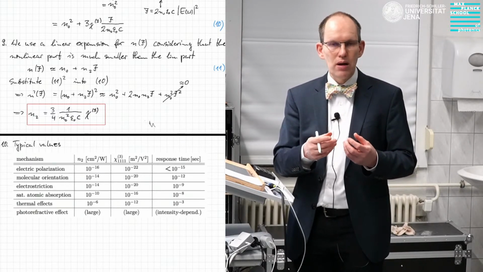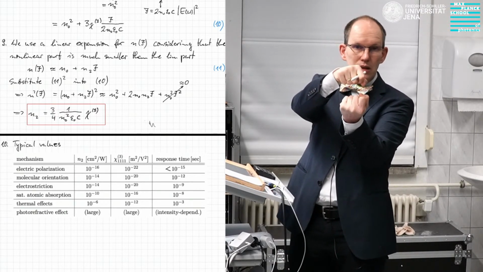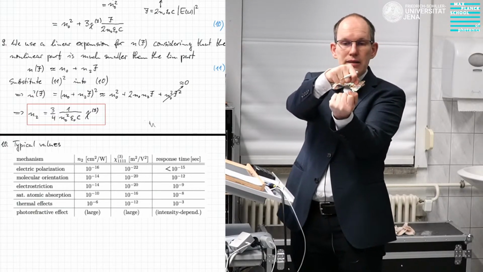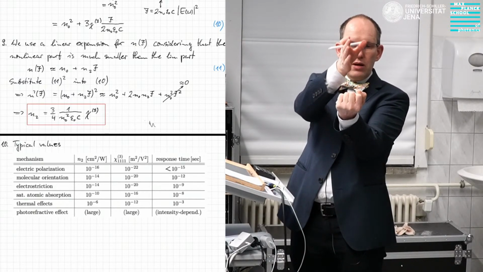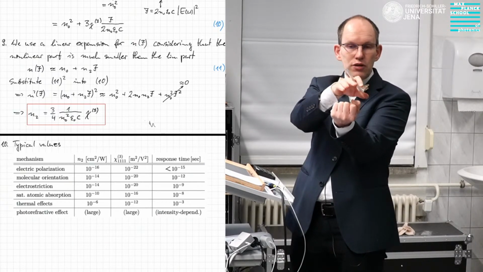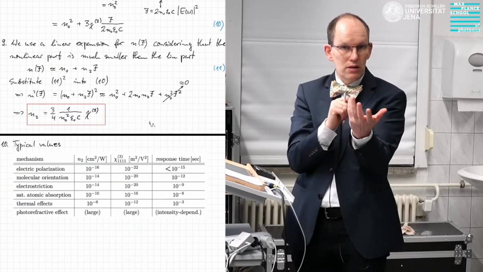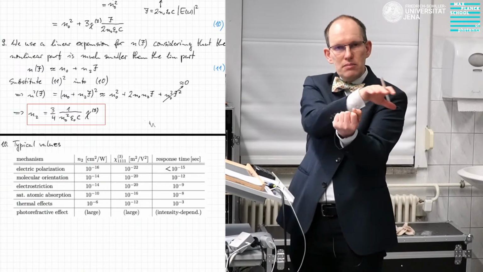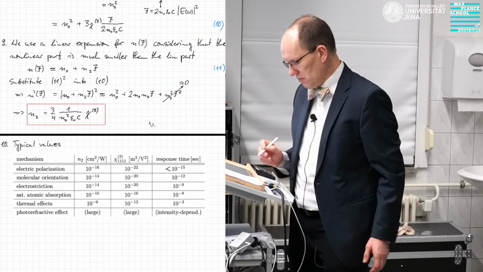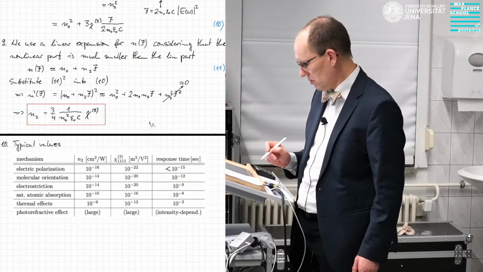So when you have a molecule, assume that this is a diatomic molecule, say nitrogen, oxygen, something, then the refractive index for a polarization that's parallel to the molecular axis is different than for a polarization of the light that's perpendicular to the optical axis. And it is, of course, possible to align molecules, typically with lasers.